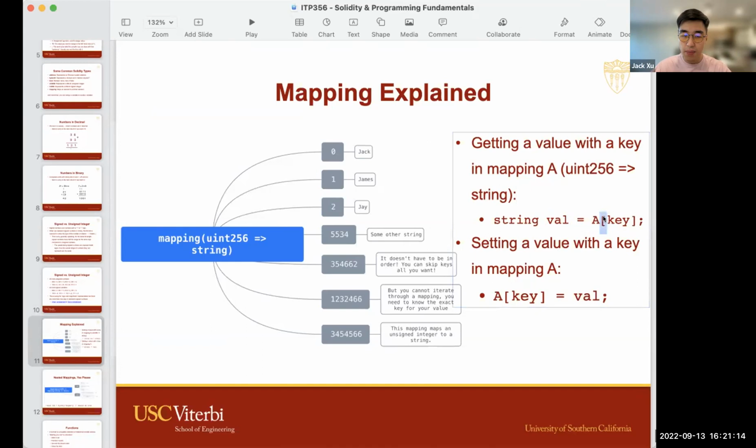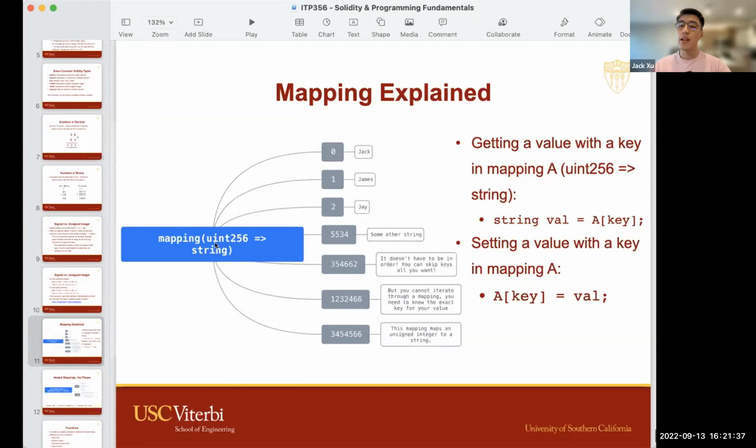But think of it as, here's an analogy, think of the mapping as a book. And these numbers in front, this only applies to this specific mapping I'm talking about because the analogy has to do with numbers. So let's say this mapping maps from a number to a string.